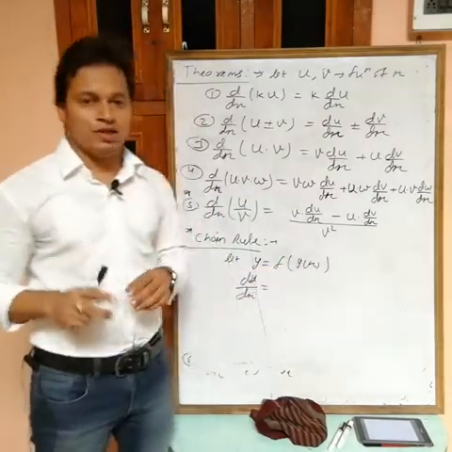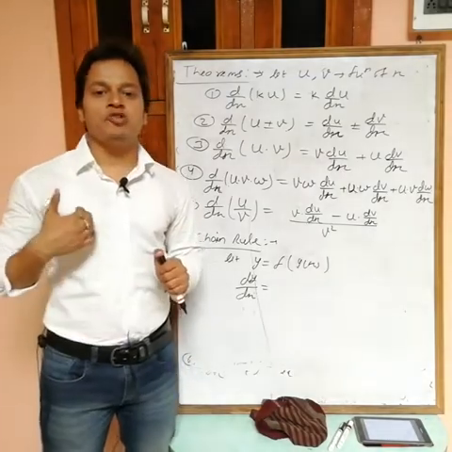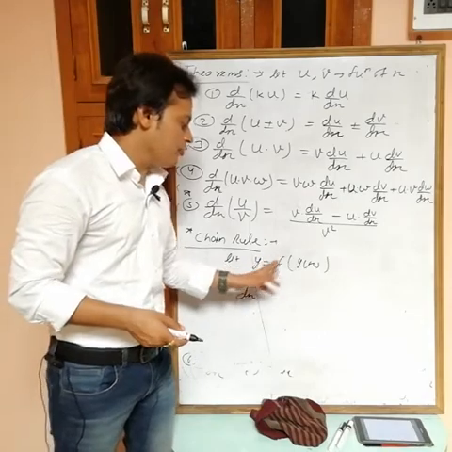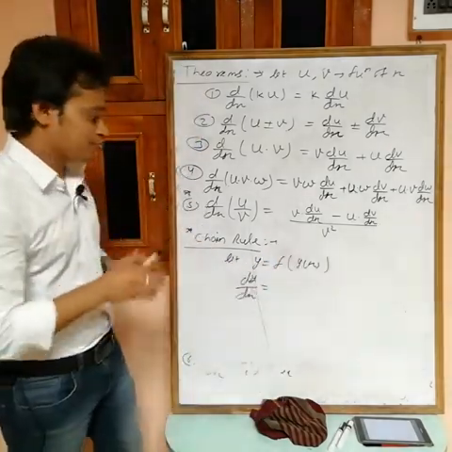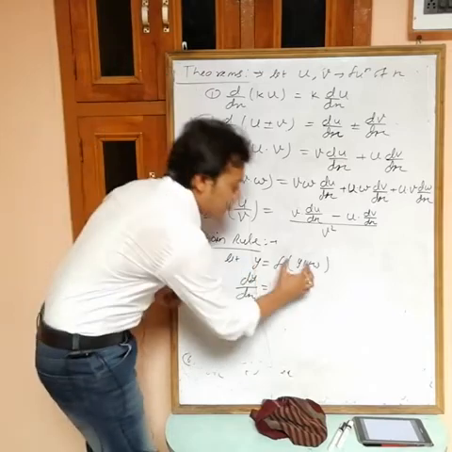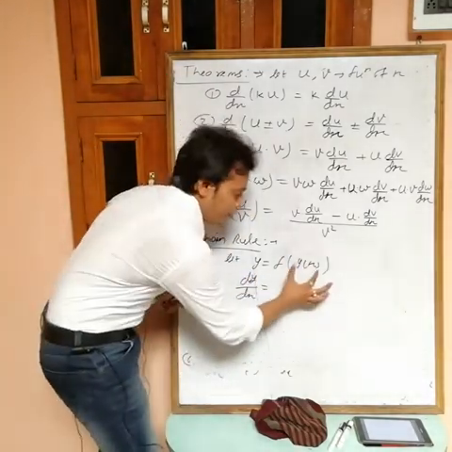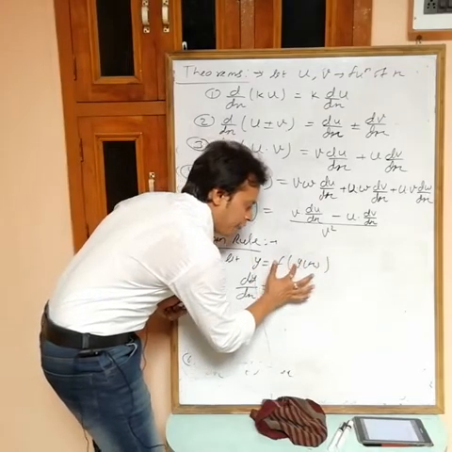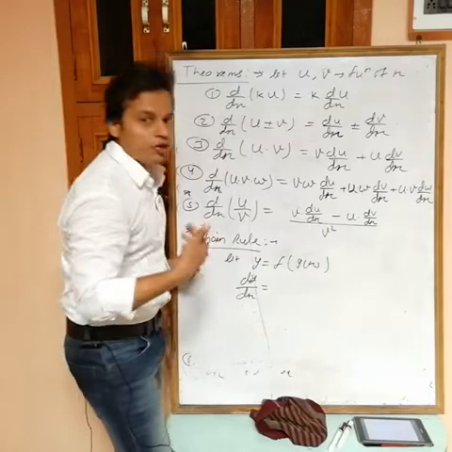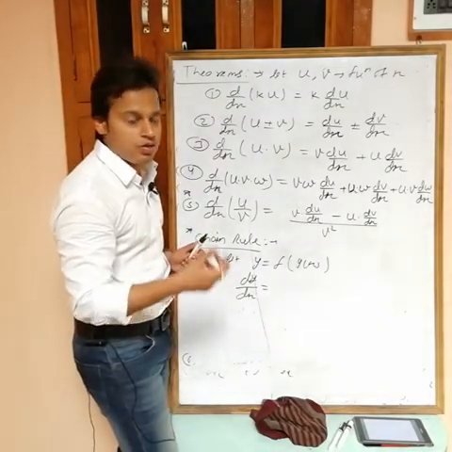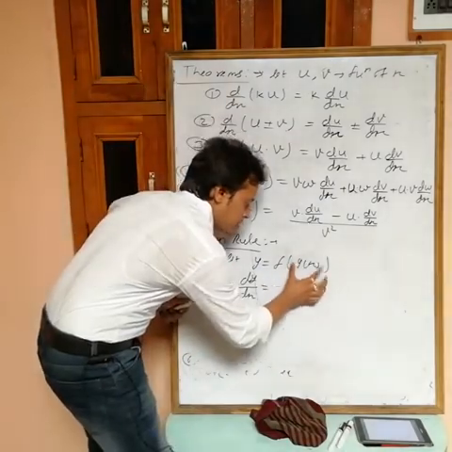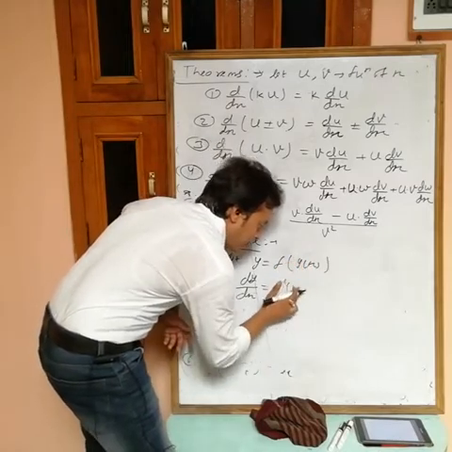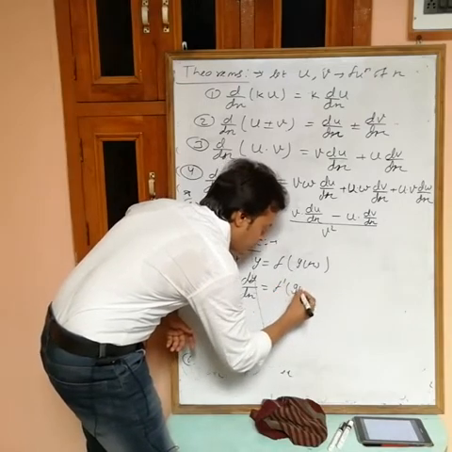So differentiate this one. Now, if you have f(x), then the differentiation of f(x) is f dash x, but directly we don't know the differentiation of f of g(x). Okay, then no problem. See how to differentiate. If you assume this one as x, then this becomes f(x). Okay, and the differentiation of f(x) is f dash x. So I am assuming this one as x, then this becomes f(x). The differentiation of f(x) is f dash x. At the place of x we have to put the assumed x, g(x).